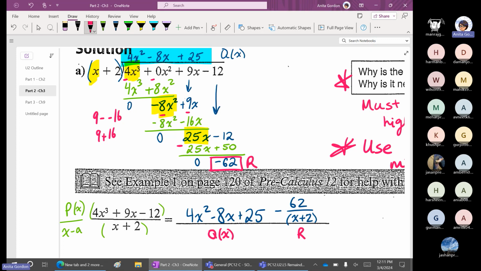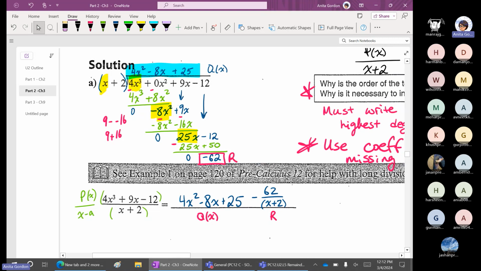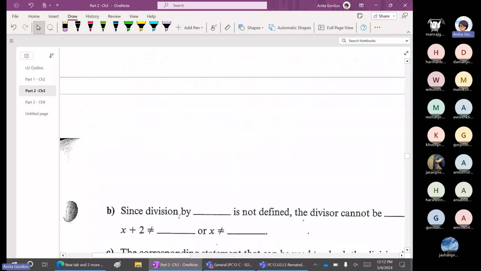Okay? Now we can check our work by multiplying the right side by x plus 2, and we should end up with the left side. We're not going to do that just right now. I'm just trying to show you the setup here, okay? So now on the next page,